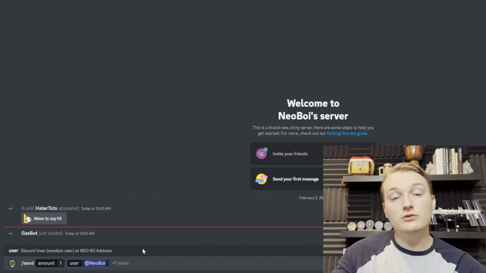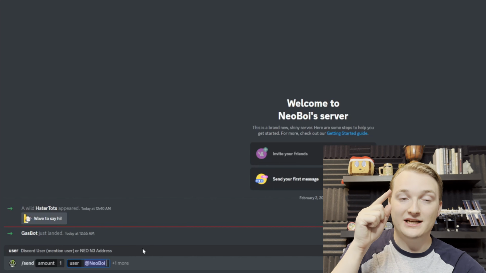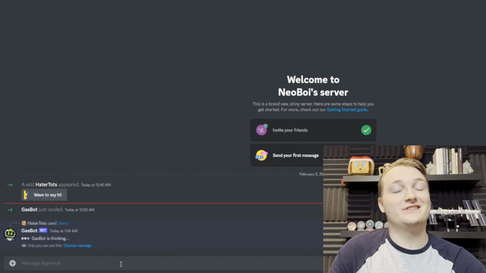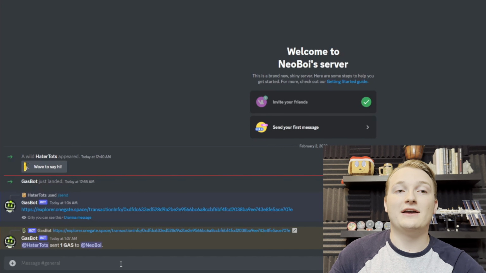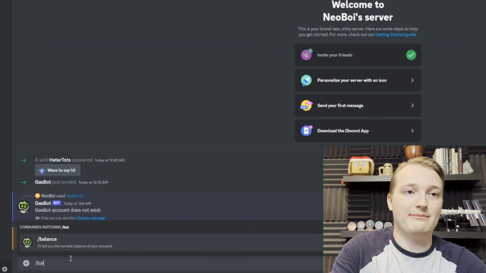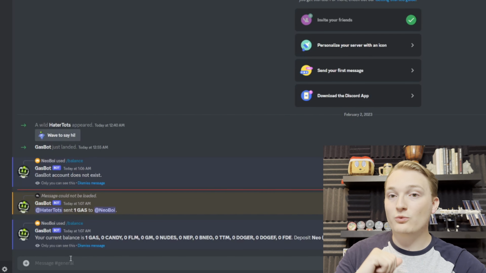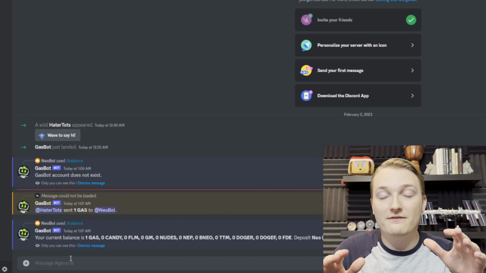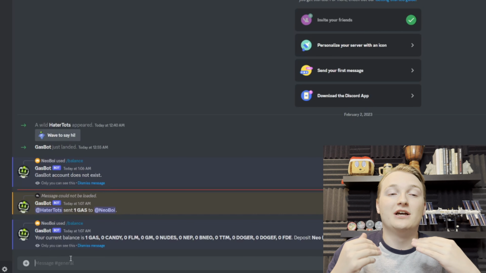I'm in the server here and I'm going to send one to Neoboy. And like I said, if you don't use any flags, it will just automatically send gas. So this is me sending one gas to Neoboy. As soon as I do this, GasBot will send it to a newly created address for Neoboy. There you go. Now, if we go back to Neoboy here and type balance this time, you will see we have a balance of one gas and now we have our own address. It's that easy. So you can be receiving GasBot funds before you even get involved in it.